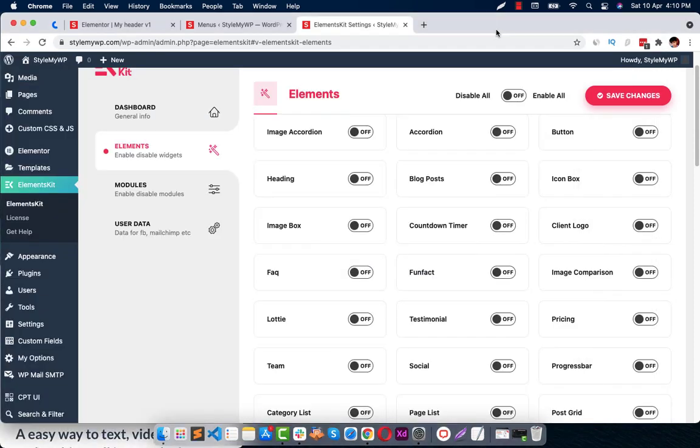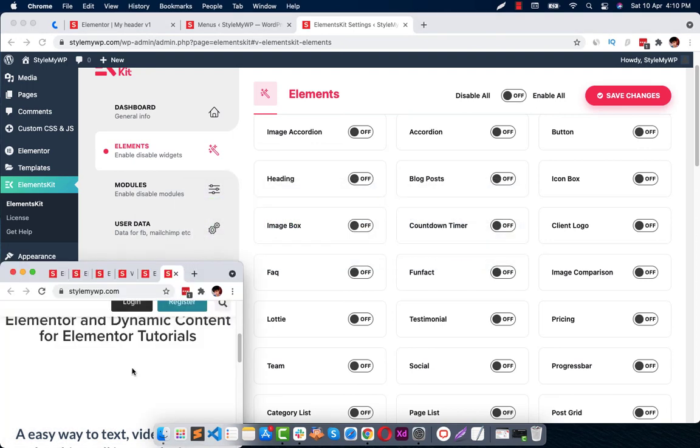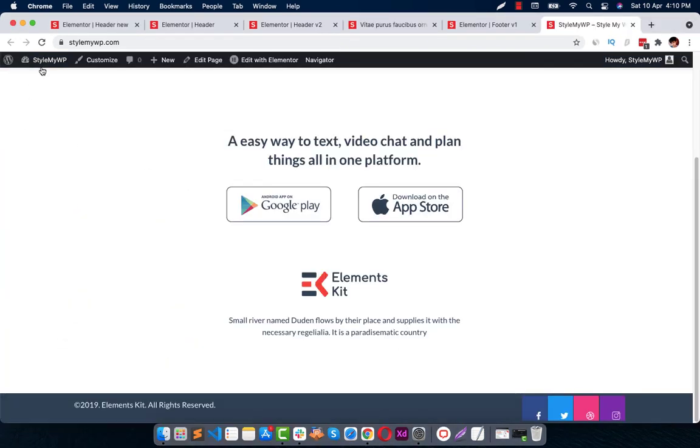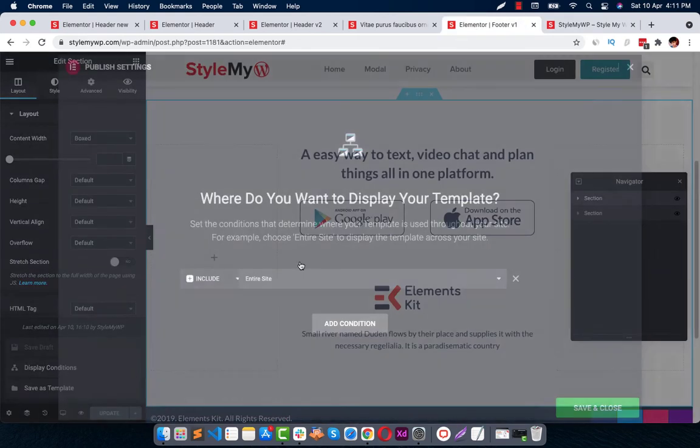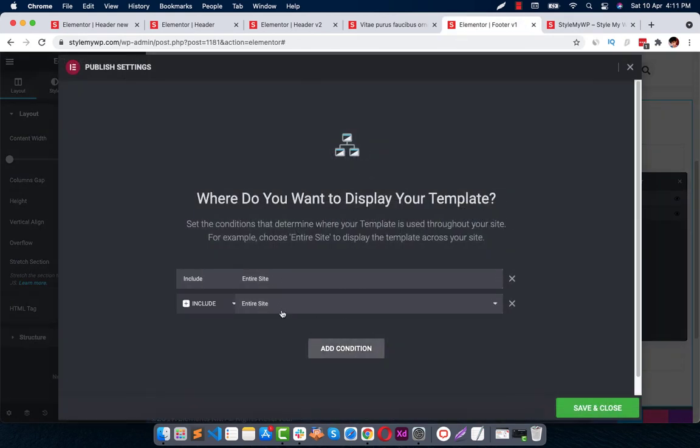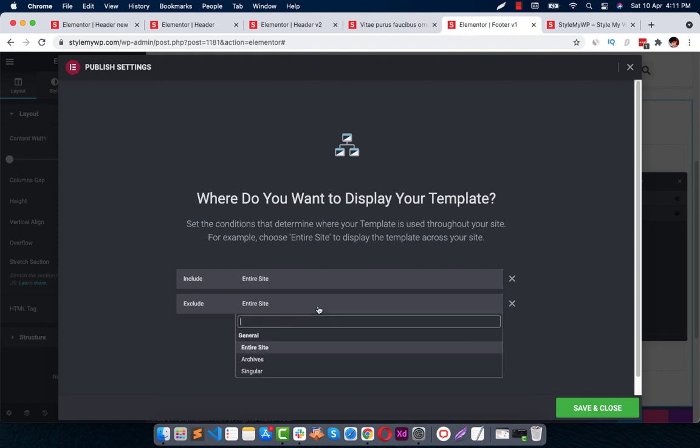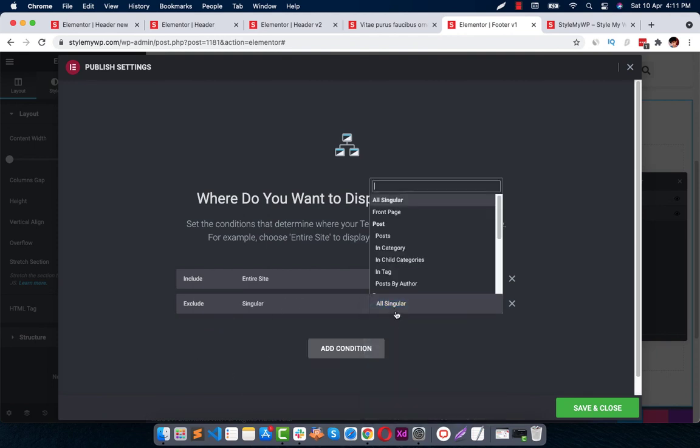You can disable your header and footer. How can you disable it? Just go to footer, go to display conditions, add a condition and give it exclude, and give it any page, like front page. You can choose any page by searching here.